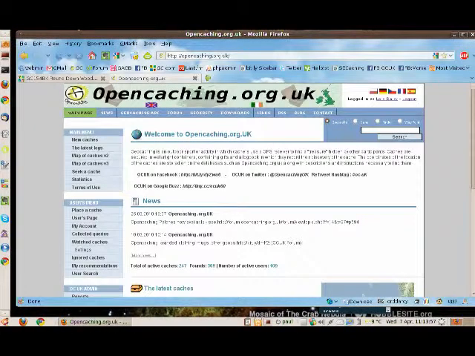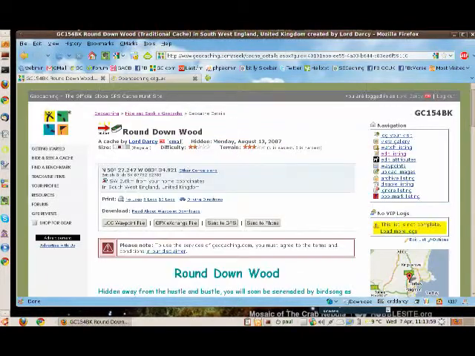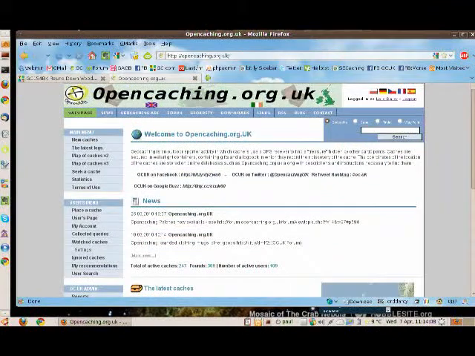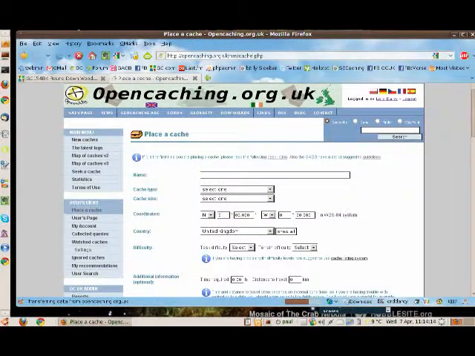I'm going to try and show you how to copy a listing from geocaching to open caching. If you have the two sites open, then we can copy and paste most items. So here we go. If we have on one tab geocaching and second tab open caching, click on place a cache,